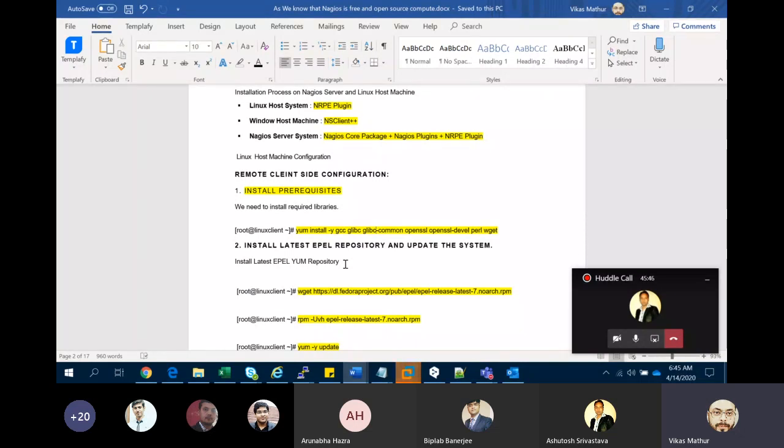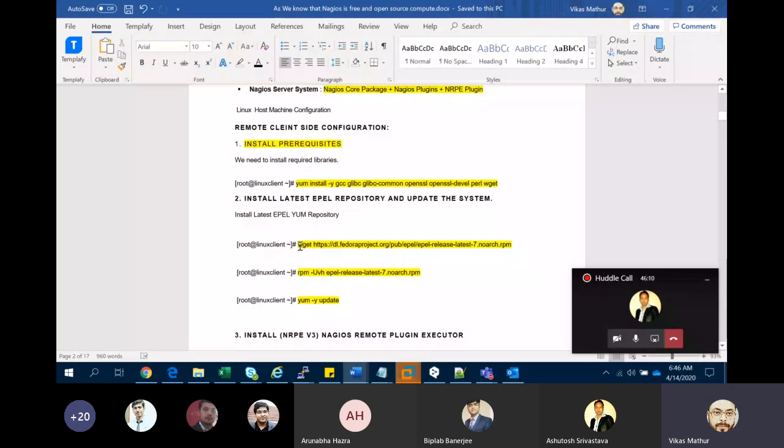If you install Linux on your laptop, sometimes your Wi-Fi is not working, or you want third-party software. That type of hardware and software related package is present in this Extra Packages repository.